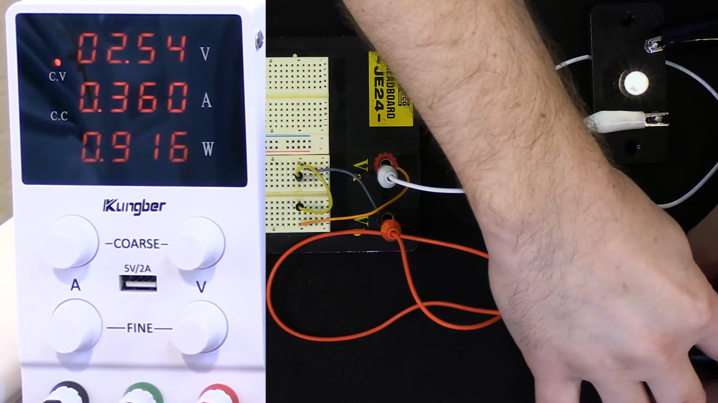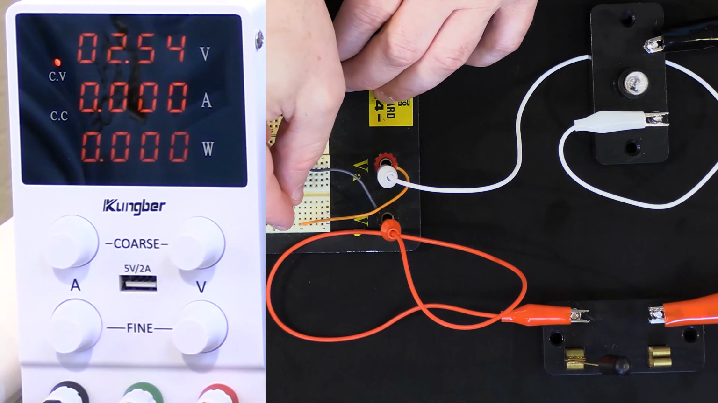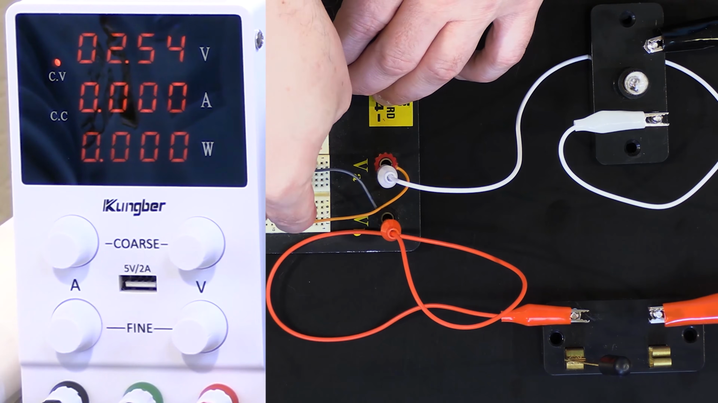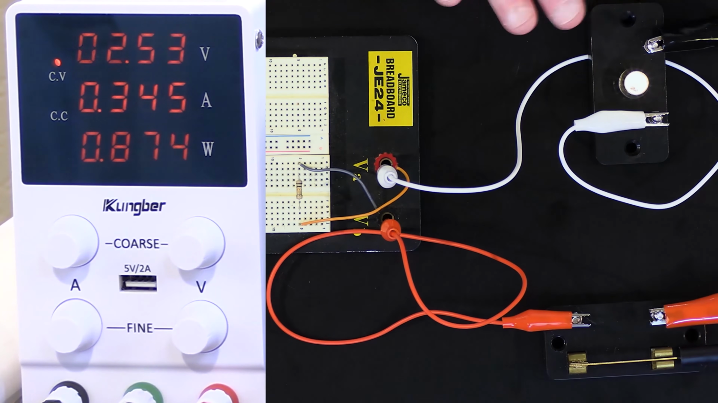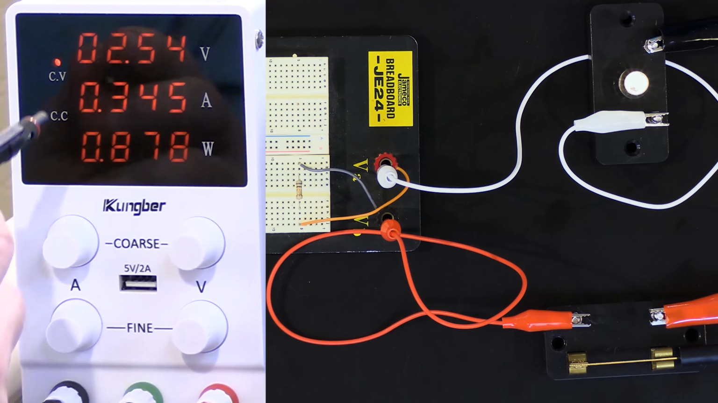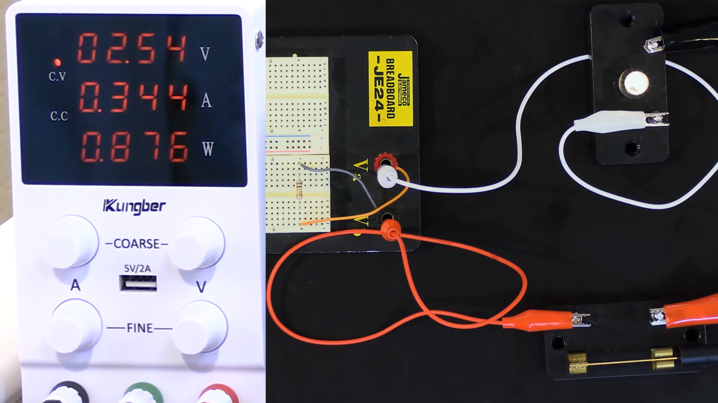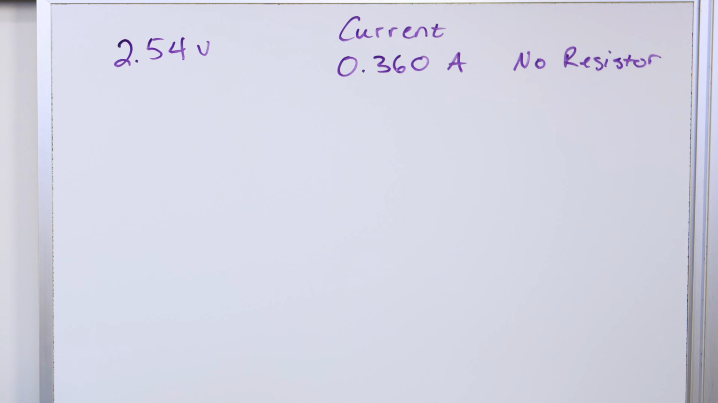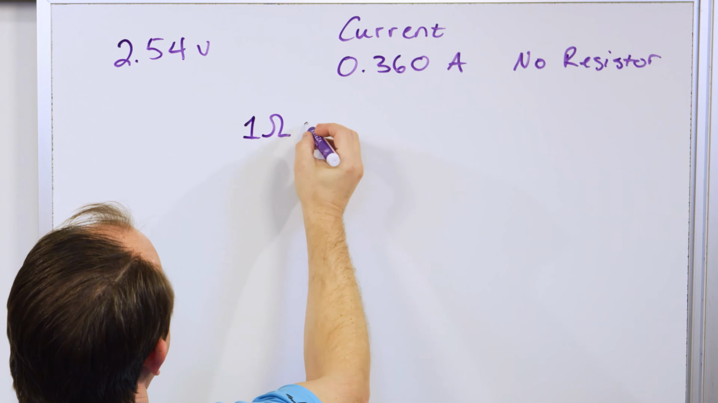So what I'm going to do is open this up, take this out, take this resistor and put it in place, and now I'm going to close it back up. I can't really see too well, but I think it's a little bit dimmer. But here what I have is a new current. Notice the voltage is exactly the same, but there is less current, 0.344 amps. So same voltage, but with a 1 ohm resistance, it yields